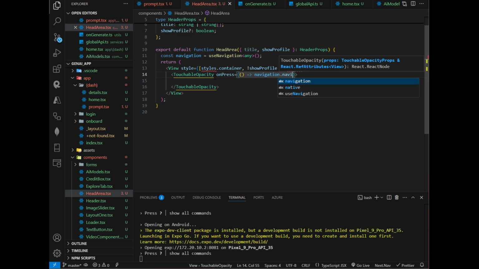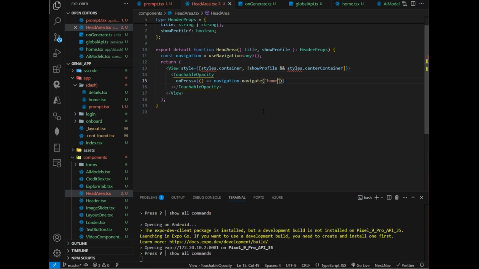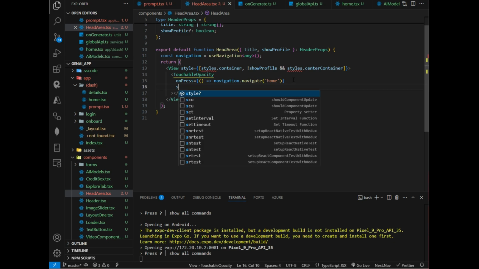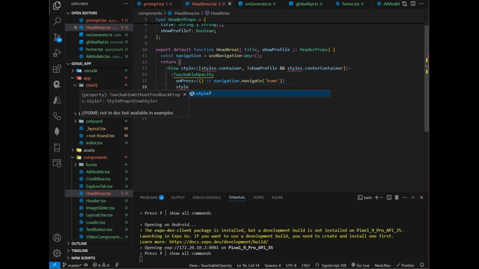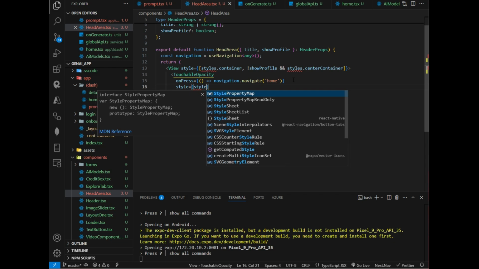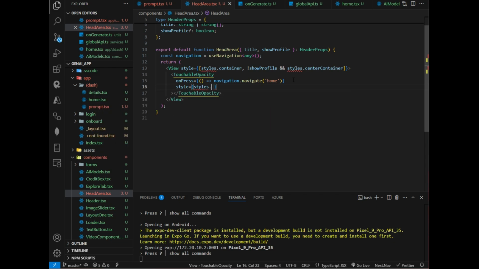Sorry, why is it not coming? It should be navigation dot navigate. So navigate to the home. Style styles dot back button. Okay, so this is the back button,